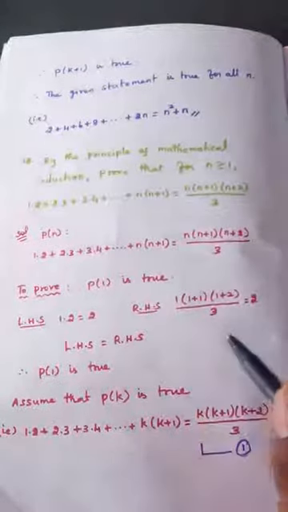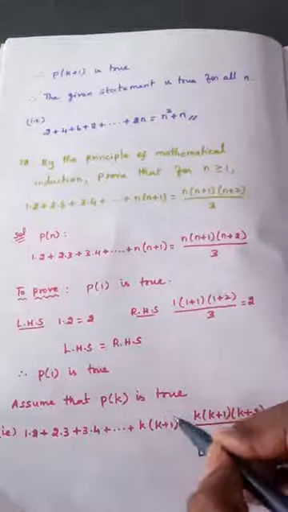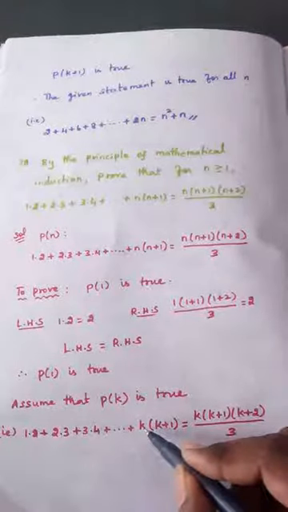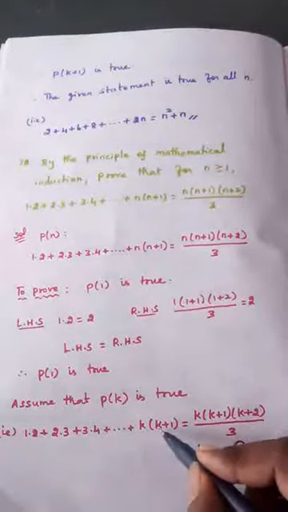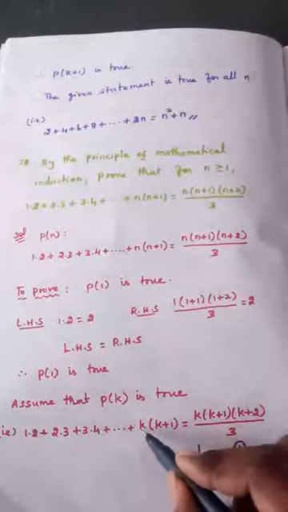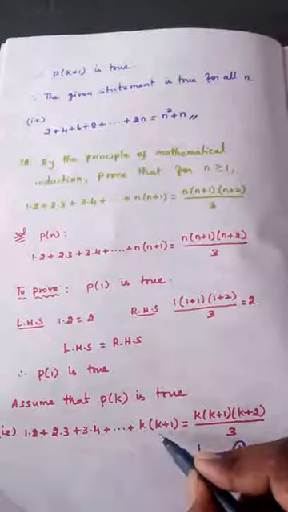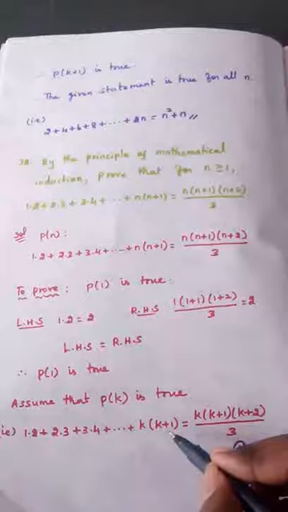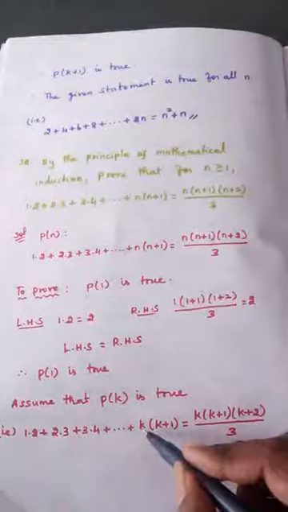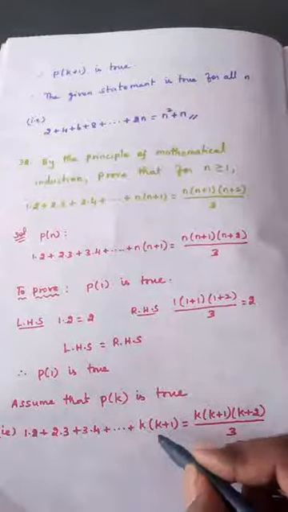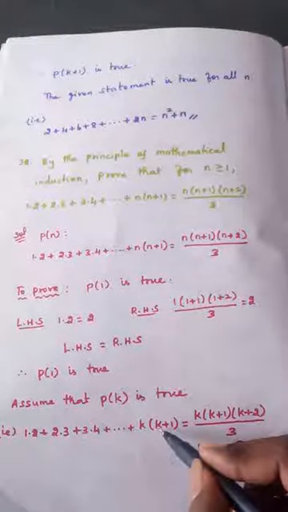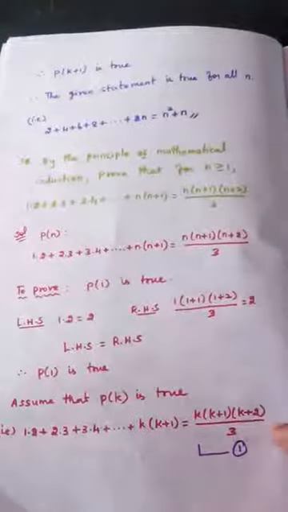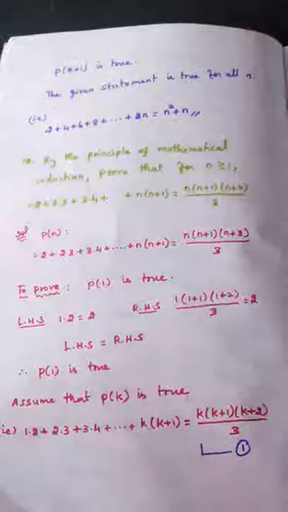For finding what term to be added, I said you should look at the last term. In the last term, you put k plus 1 in place of k. So this becomes k plus 1 and this becomes k plus 1 plus 1, so k plus 2. I think you will understand what I am telling. Here also you should replace k by k plus 1. So this becomes k plus 2. So what is the term that should be added to both sides of this equation 1? k plus 1 into k plus 2.